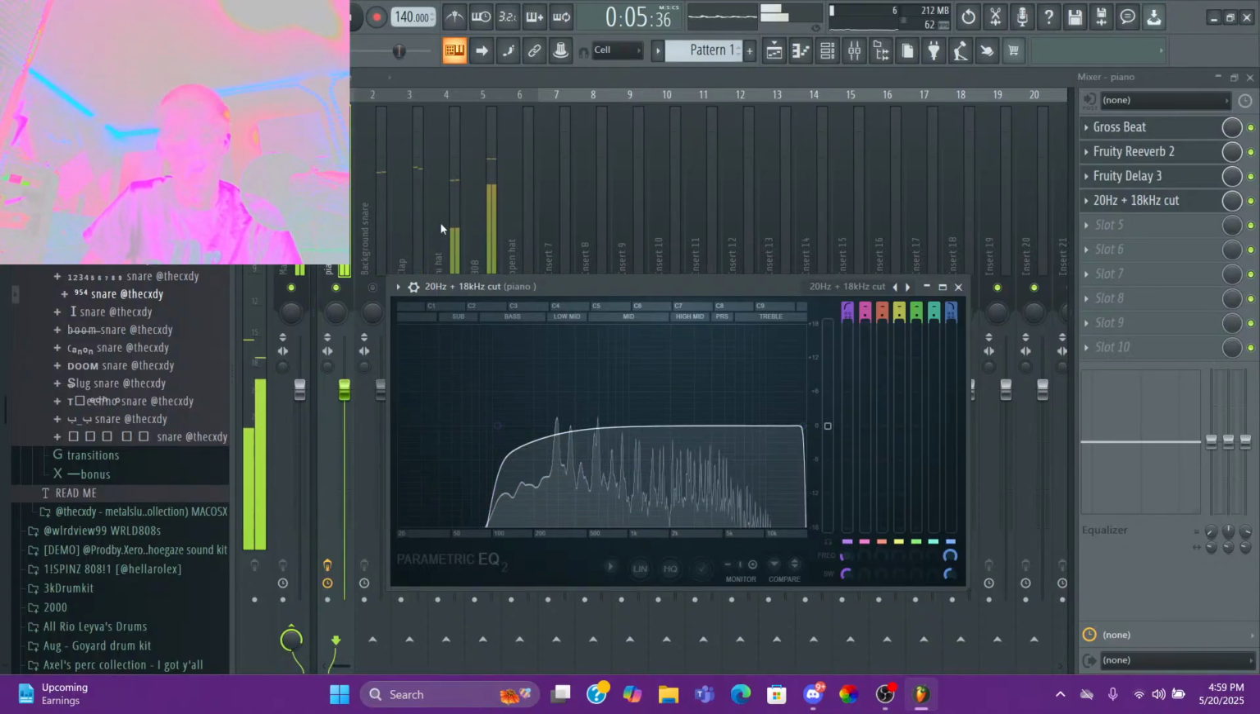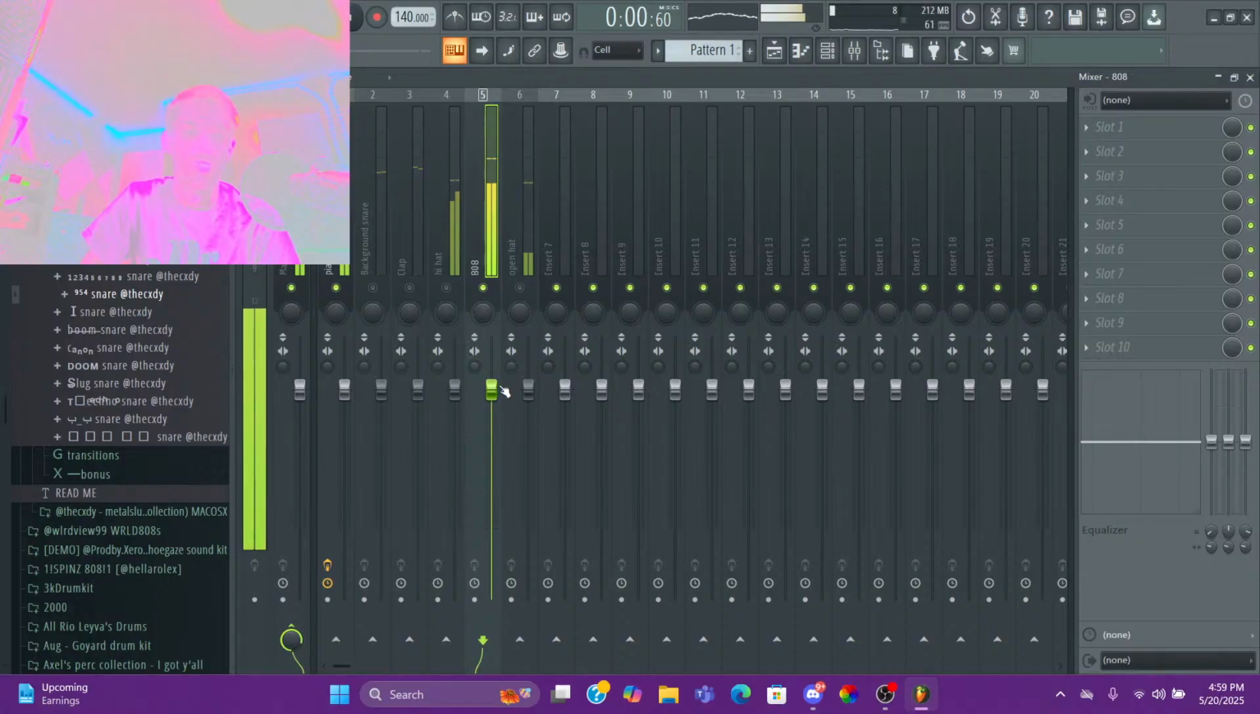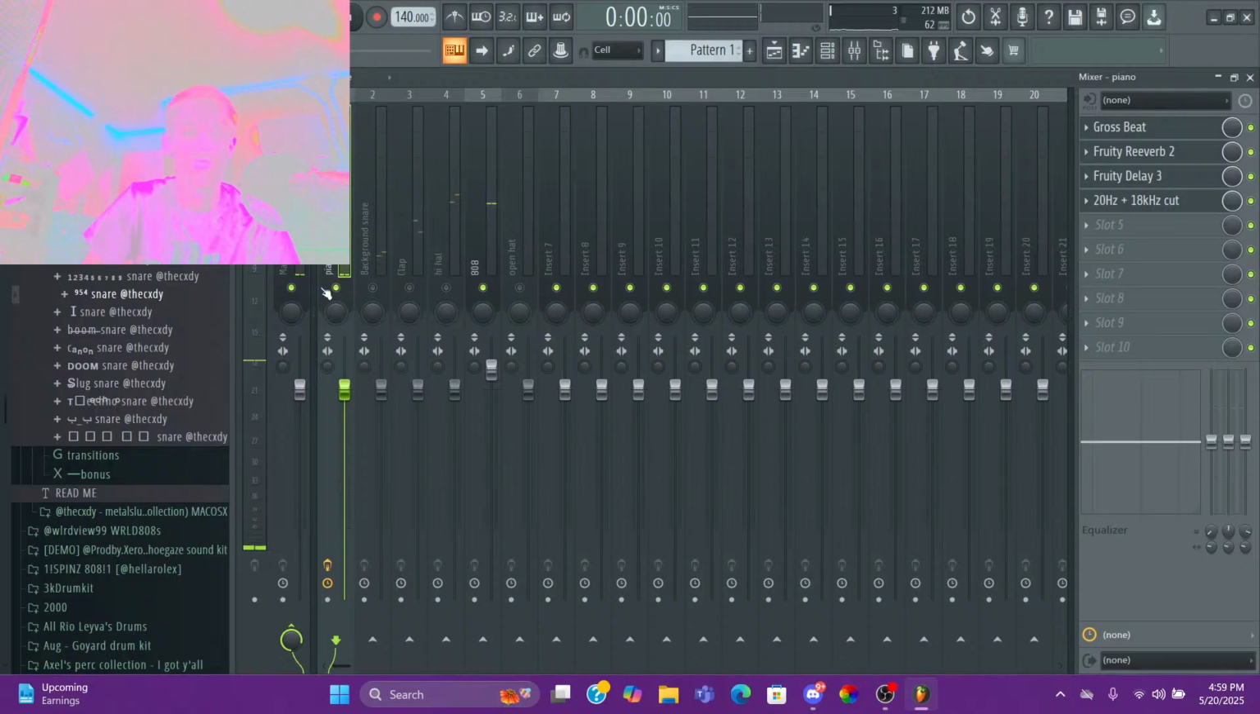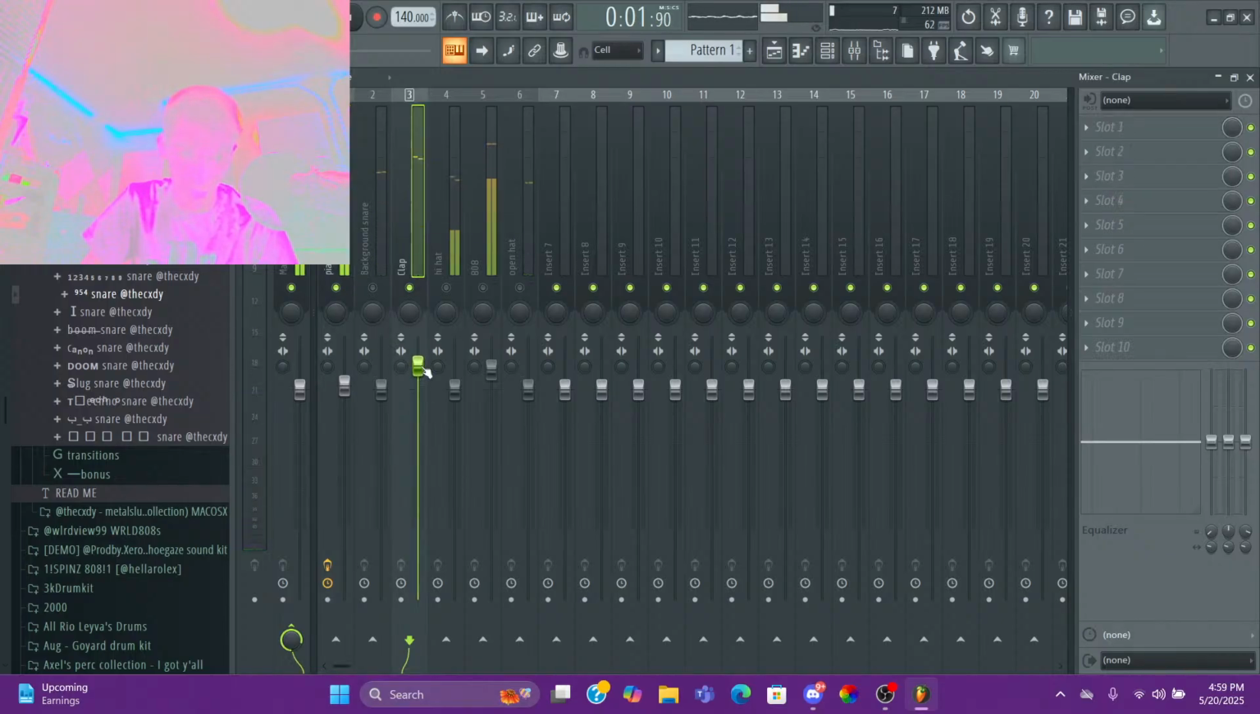I'll just bring that down a little bit. It just gives that 808 a little bit more room to breathe. This wasn't a really good example because there wasn't a lot of bass in this. But now let's see. We'll leave the piano there. And then for our clap, put it there. And then for our hi-hat,